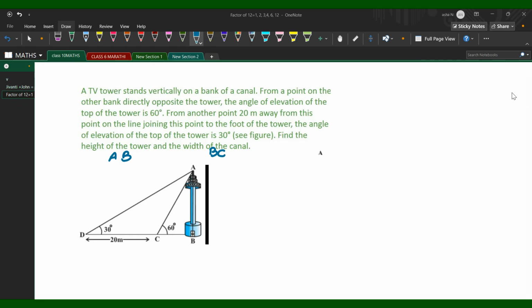So the height of the tower means what they are asking, opposite, and CB is the base. Yeah, that is the adjacent side. Even if we look at the 30-degree angle or the 60-degree angle, which trigonometric ratio will we use here? 60 degree and 30 degree are given. When you look at that 60 and 30 degree theta angle, they're telling us to find the opposite and they're telling us to find the adjacent. Height is what? Opposite. And the base part CB is what? That is adjacent. So which trigonometric ratio will we use here?